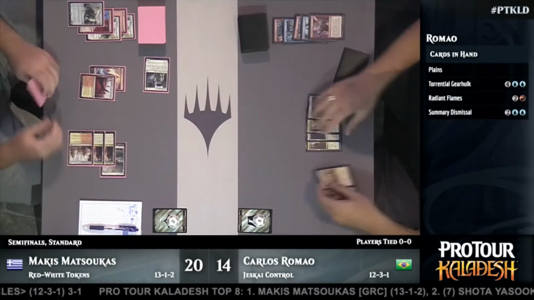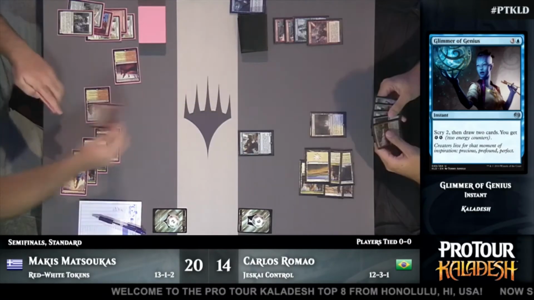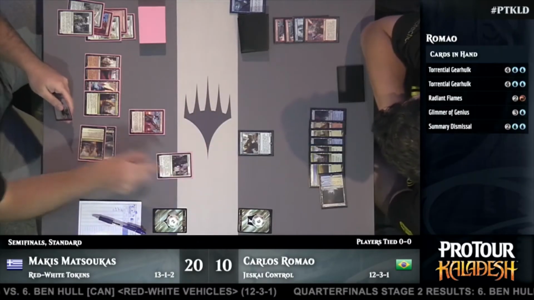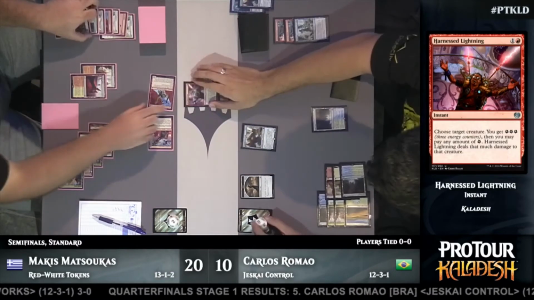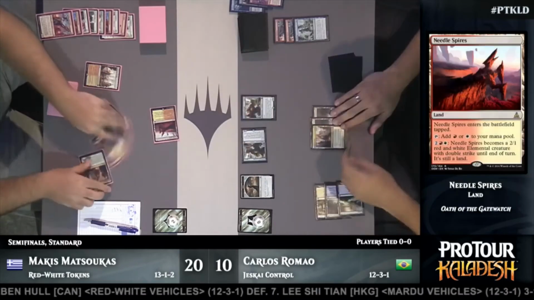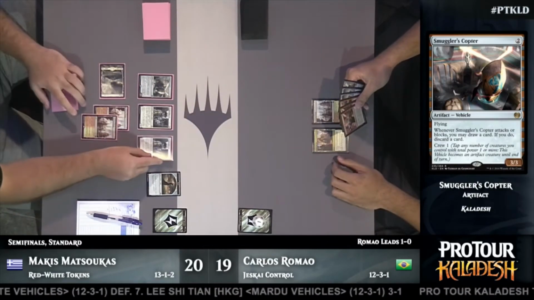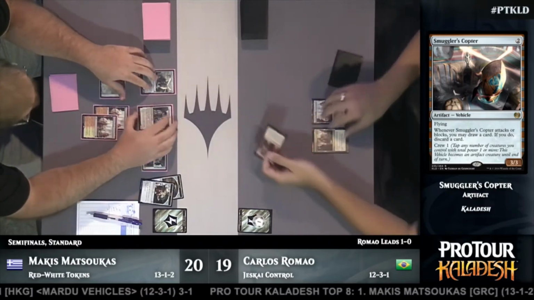Three-Man Inspector, one of the better draws, but the copter gets harnessed and Carlos's hand is 2 Gear Hulks, a Summer Dismissal, and the 3rd Radiant Flames, and it's all over but the crying. Hulk a Glimmer into Hulk a Glimmer, a conservative block to play around Outnumber, and Matsukis packs it in a turn later. Game 2, Matsukis curves Inspector into Inspector and Copter, while Carlos has Harness for the first off of